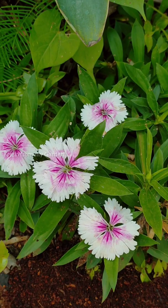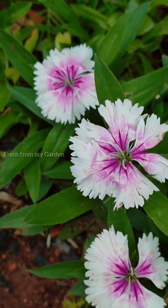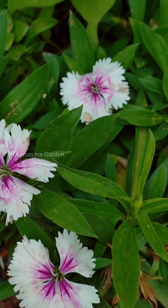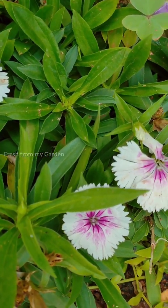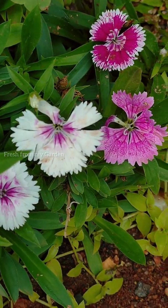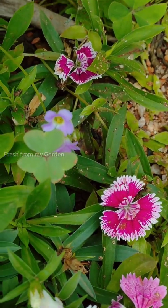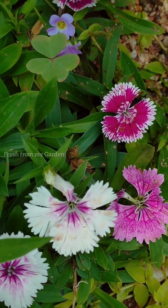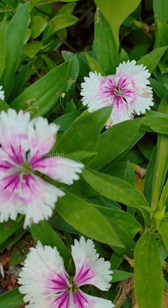So these dianthus flowers are really beautiful, and in many places they are grown as annuals, but they can also be grown as perennials if our weather permits it and if we take a little extra care. So during the summertime, the heat is very harsh and it can kill these plants. But since I have them planted in a partially shaded area and they would not get too much harsh